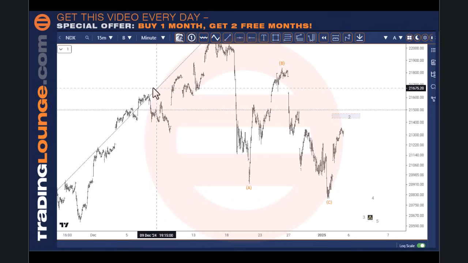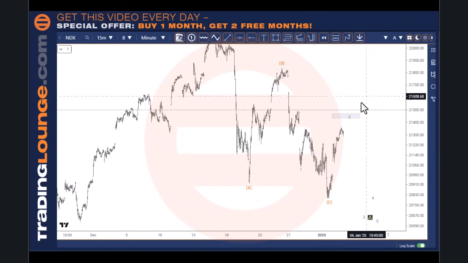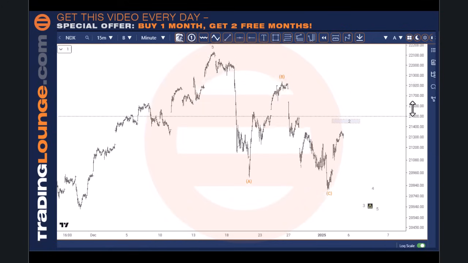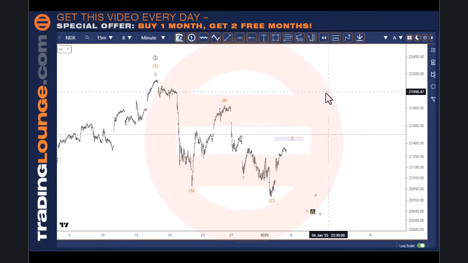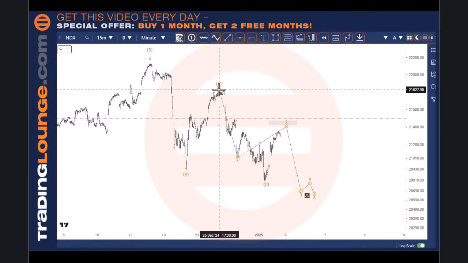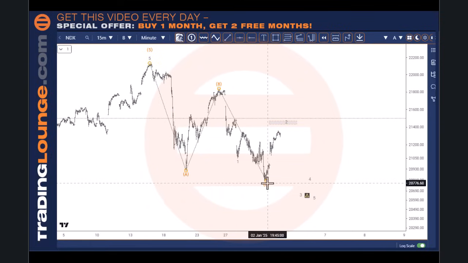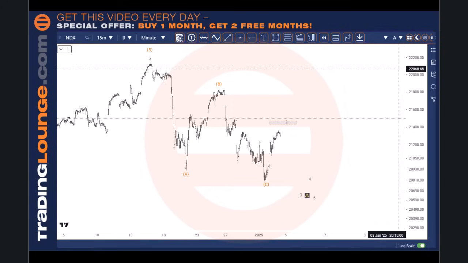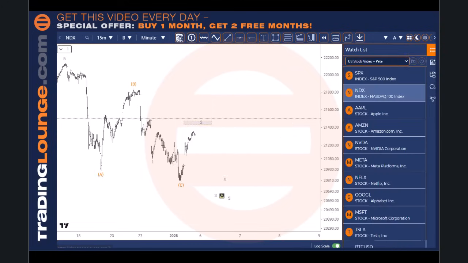So we'll look for something like this over here on this one, and if that is the case, then we can move into higher ground at that point. But in the meantime, because this is not 100% clear coming down here, we'll just need to give that a little bit more time. I can see stocks like Apple that also need to come down as well, so we'll take a look at that now.